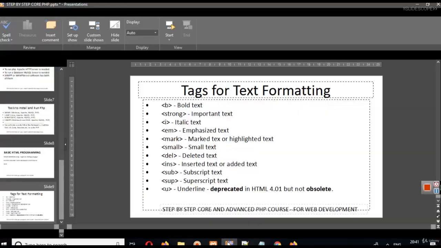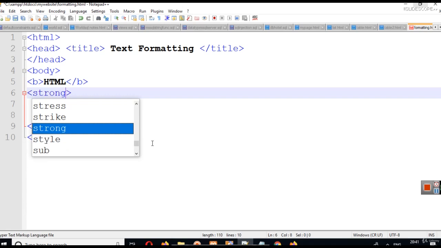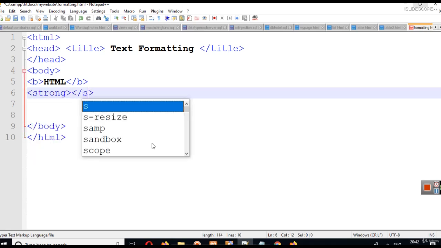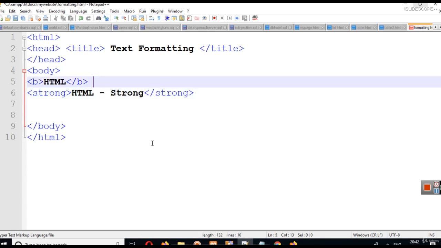First is B, then after B we have strong also. The work of these tags is the same. The work is to make the words strong or bold. But again, I will make it as HTML is strong and HTML bold so that you can see the difference. HTML bold, and